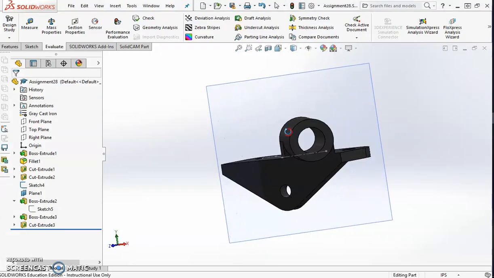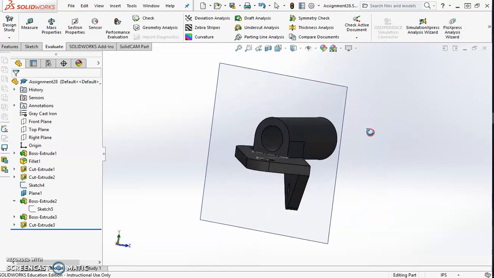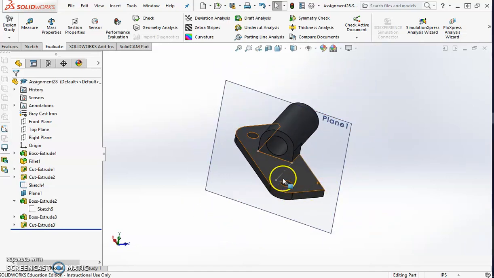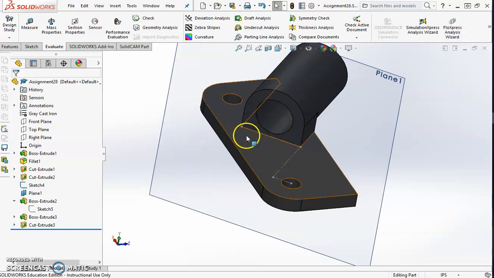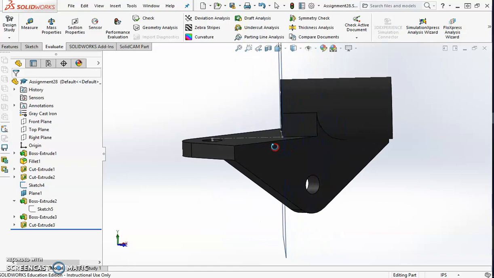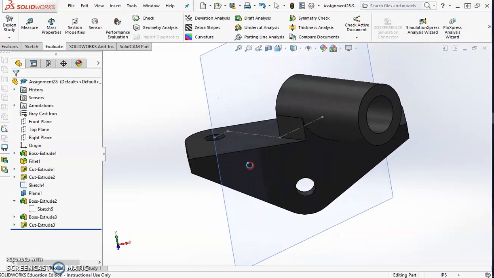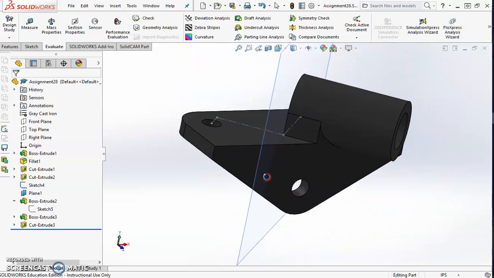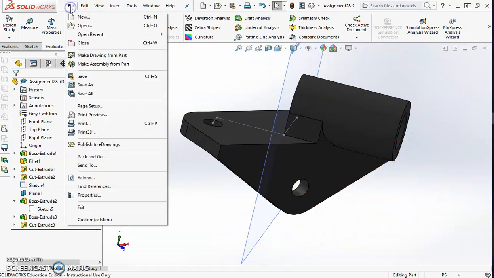But this is the part when it's all finished. This is how it's going to look. So you can kind of see my construction line that's on the top, a little in a zigzag form, and my plane goes right through that last construction line. Okay, so let's start out by making a new part,